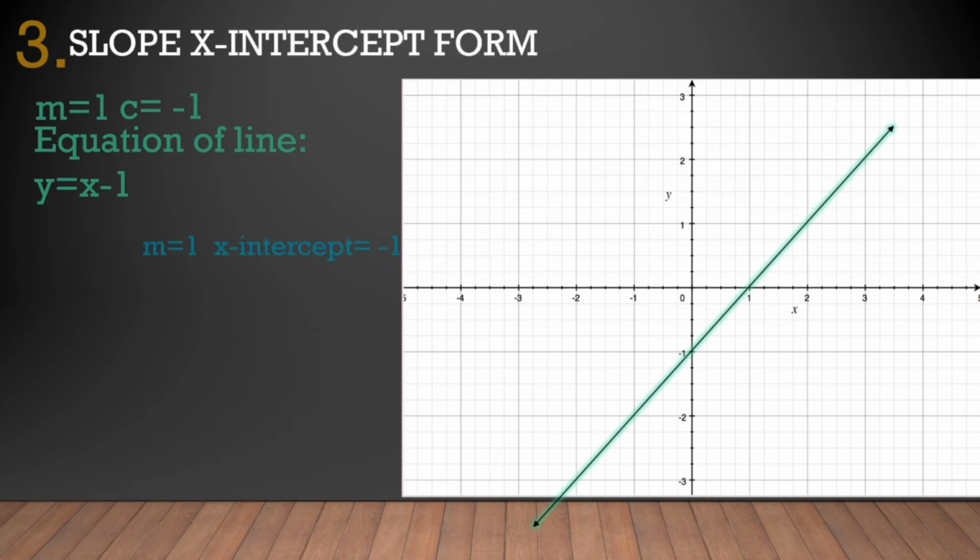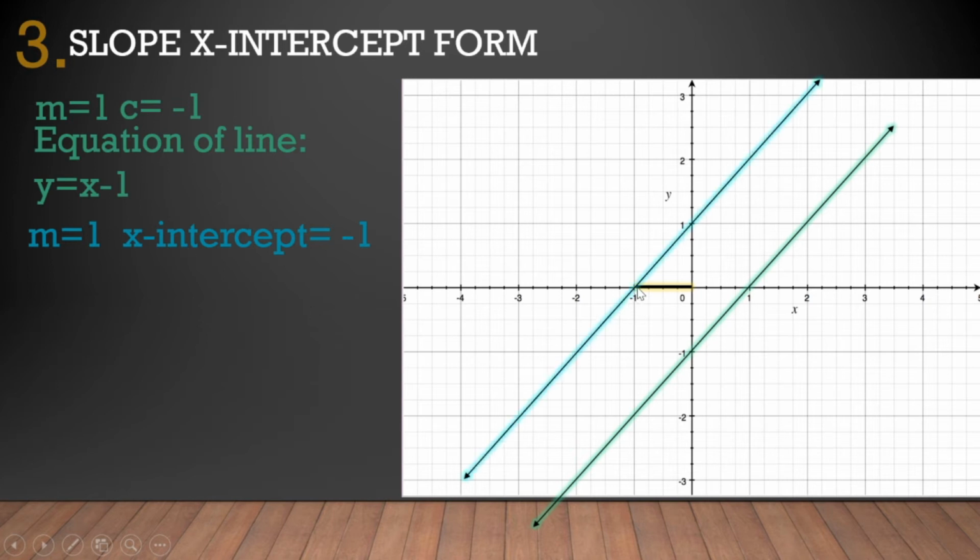But if your slope is 1 and the x-intercept is -1, that means you are not given this, you are actually being given this. The line cuts off an intercept of -1 at the x-axis. So what is the equation of the line? Will it be this? No. We said the line passes through this point. That means the line is this. So the equation cannot be this, because this is the equation of this other line. So what will be the equation of this line?